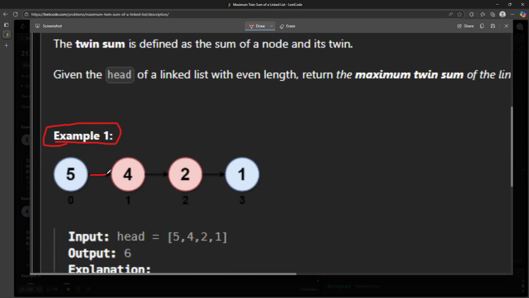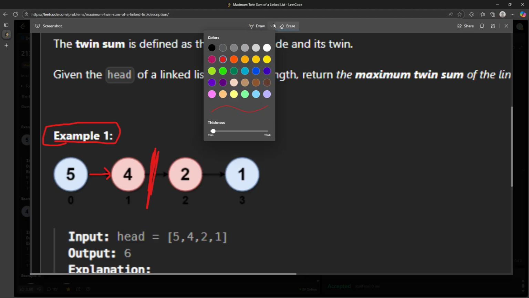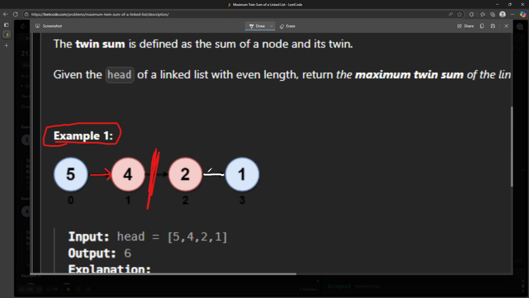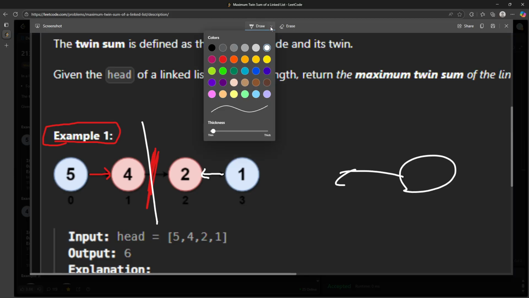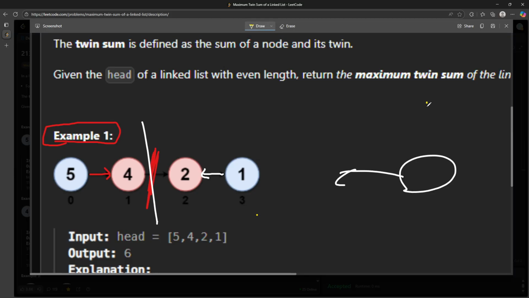Look at the arrow. The arrow is like this, right? So what happened if I cut this linked list off? Okay, I cut this off, and I also reverse the linked list for the second part. So if there's another node right here, it was like this, right? And I reverse the second part, and then I reallocate my pointer from the end